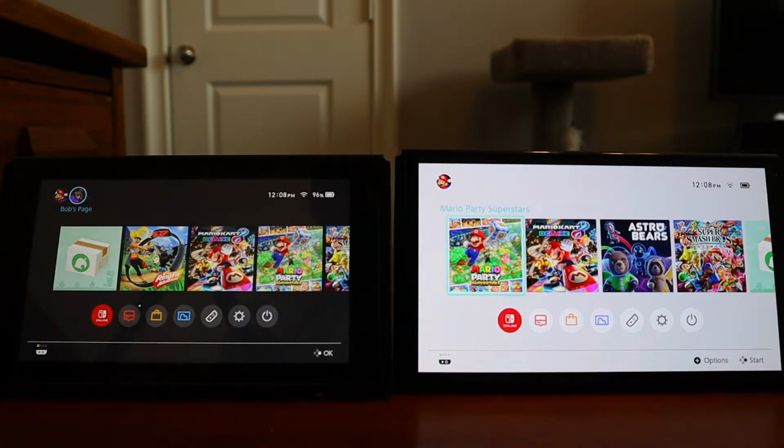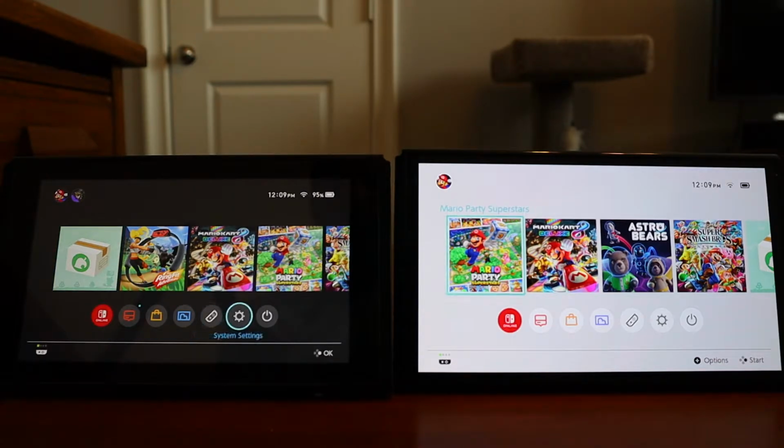and sign into your account and everything like that, your Nintendo ID account, because you're going to transfer all your games and everything after you set it up. Another thing you want to do first, on your old Switch, is make sure that if you have Nintendo Switch Online, all of your games are backed up to the cloud. You can only do that if you pay for Nintendo Switch Online, but to do that, you just want to